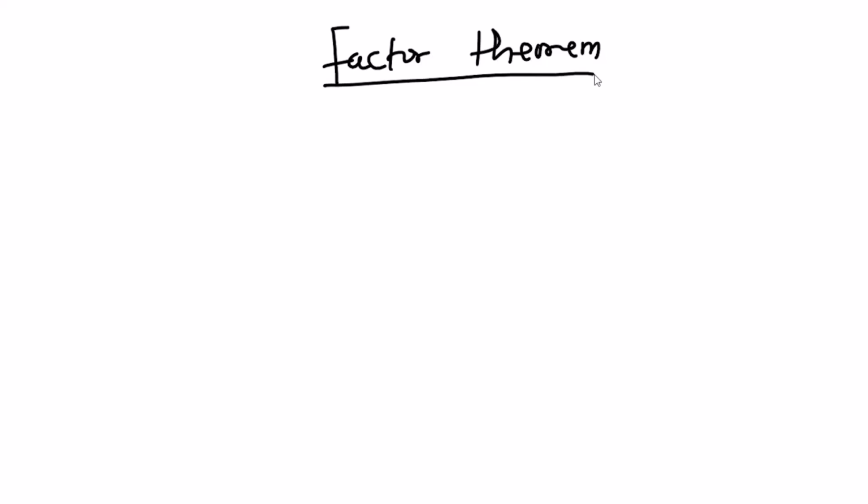Alright, so today our focus is going to be on factor theorem. Okay, so what is it all about? Factor of a polynomial. Let's say you have something like f of c being equal to 0. So let's say you are given a polynomial, then you substitute the value of c into it, then you are getting 0. It means that x minus c is a factor